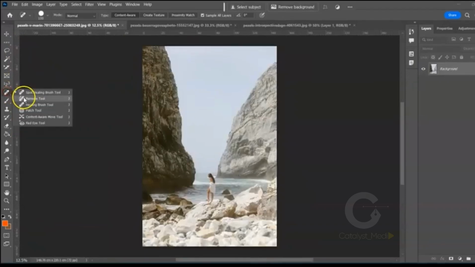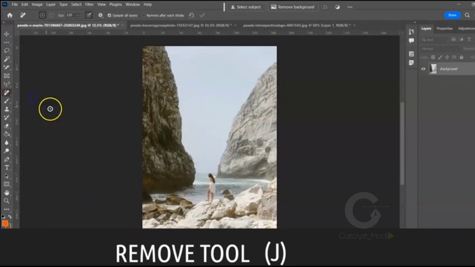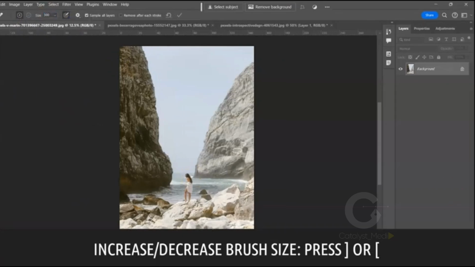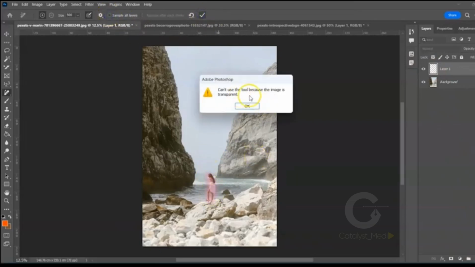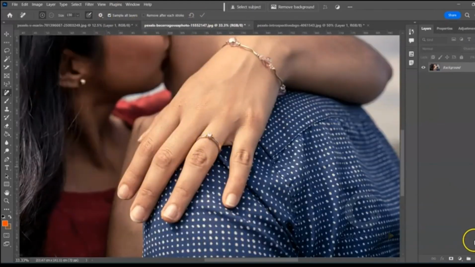Next, remove tool. Shortcut letter J. Select the remove tool. Adjust the brush size. Create a new layer. Without checking the sample all layers box, you will get this error message. Always check this box while working on a layer or multiple layers. Let's paint the ring to remove it. As you can see,